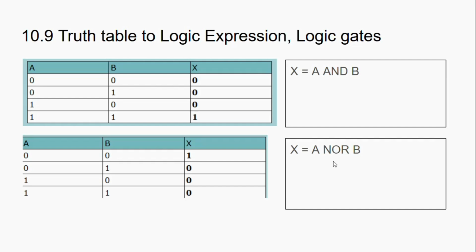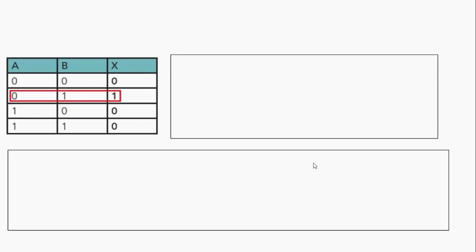Coming to this one here, is there any truth table like this for any of the logic gates? No, we don't have this truth table for any of the logic gates. Then how do you solve it? Obviously you just need to think it is a combination of logic gates. How do you resolve the expression for this truth table?